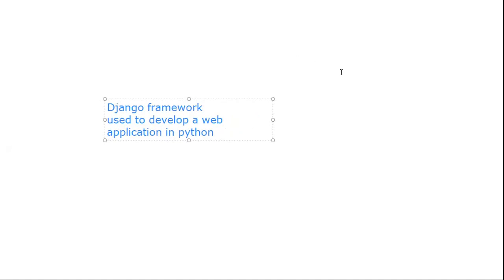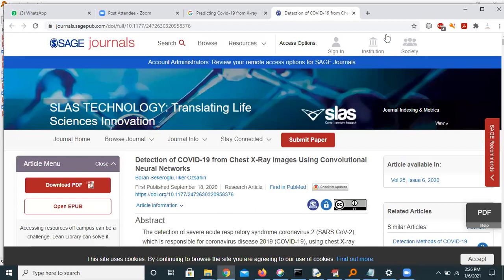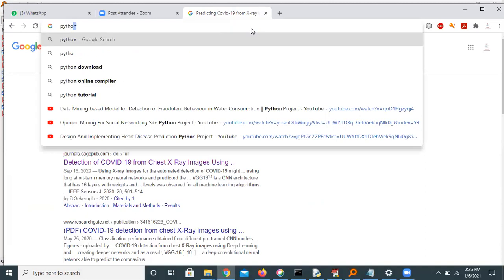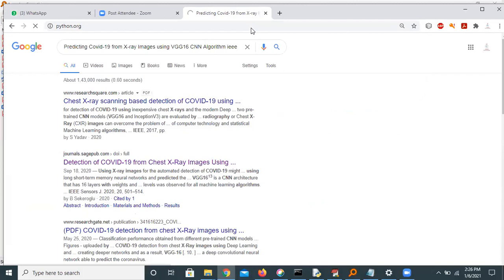First I will show you how to download Python. You can download any version of Python, but you need to download it from the official website, python.org. From this website you can download whichever version of Python you want.